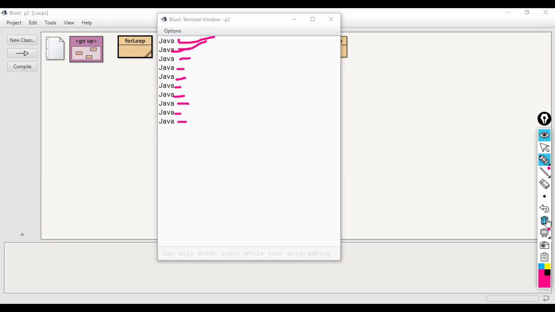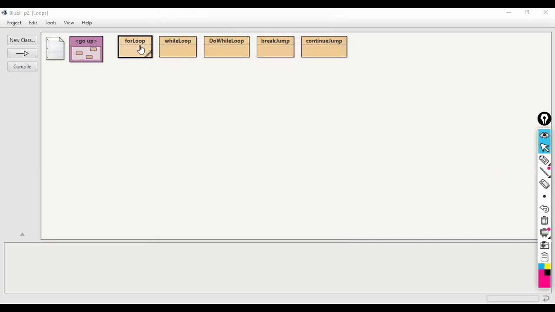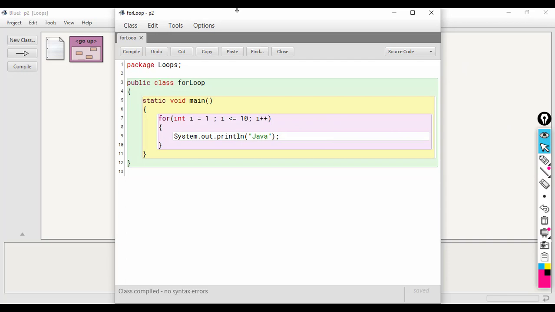Okay, 10 times. So this particular statement is executing 10 times. That's possible because of the loop that is being used here.